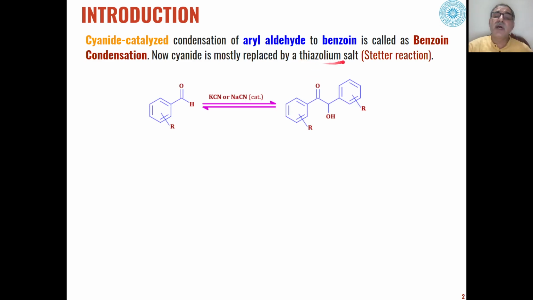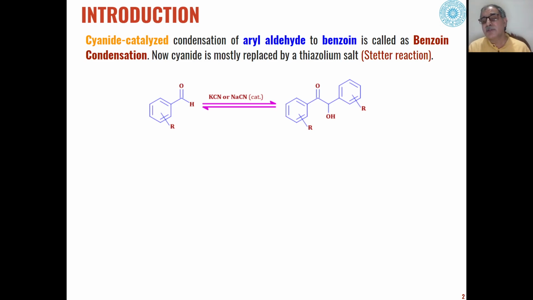This thiazolium salt is also effective for benzoin condensation, but in many reactions, one of which is the Stetter reaction, this also acts as a catalyst where instead of benzoin condensation, the carbonyl compounds react with